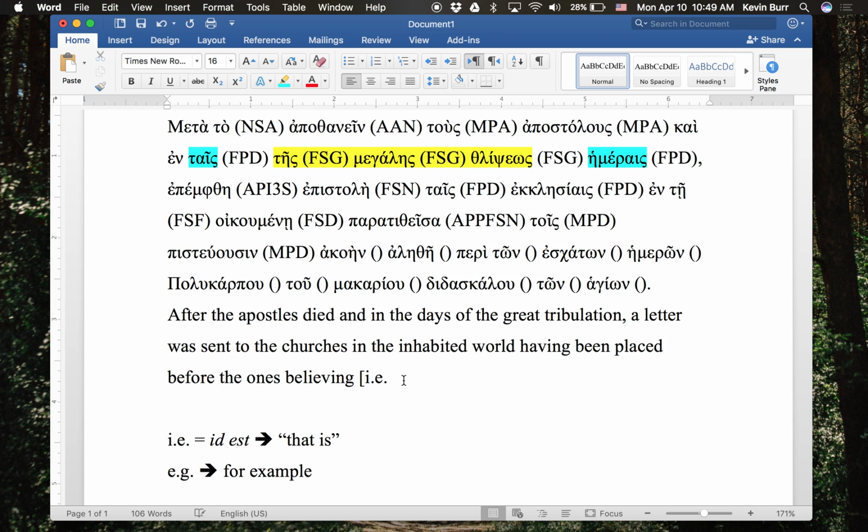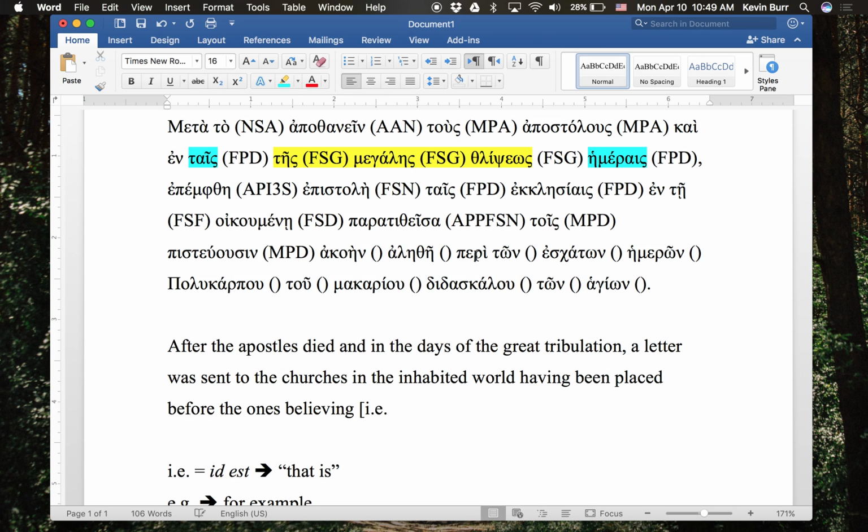So, look at the sentence that we have up here. Tois pisteuousin. I translated it very literally as the ones believing. But what that means, i.e., the believers. So you see how i.e. works there? The believers. So, having been placed before the believers,